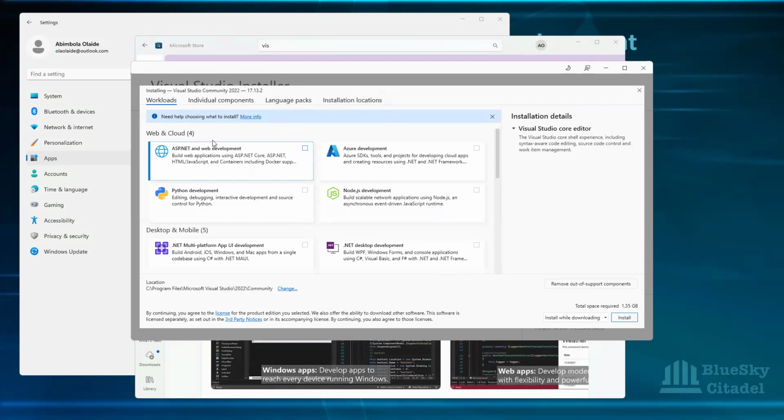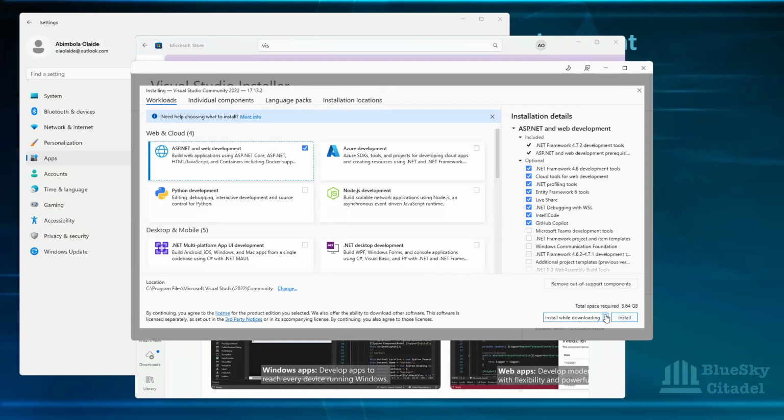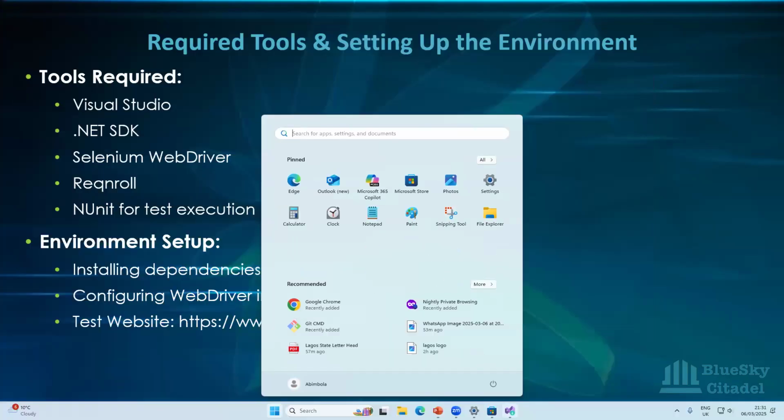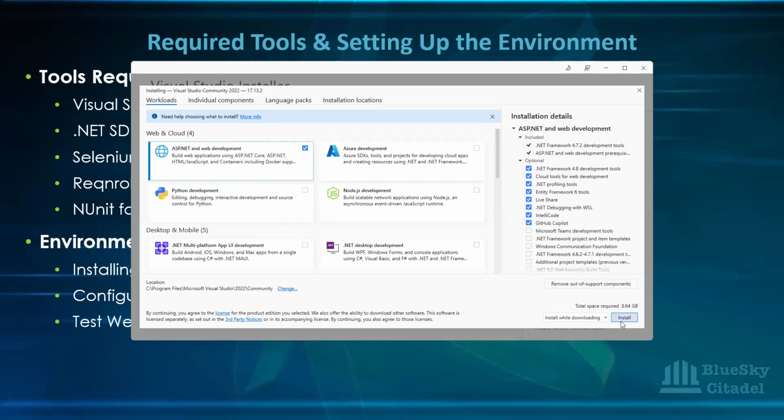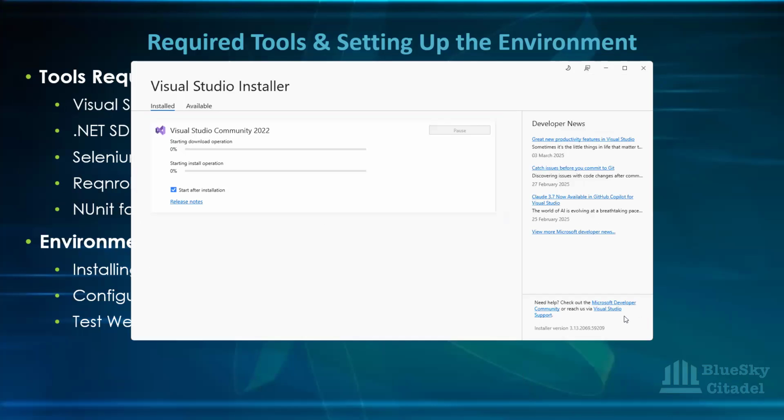So this is the pop-up I'm talking about. You just need to select this one and click on install. The total space is about 10 gig, 8.64. Once you click on install,